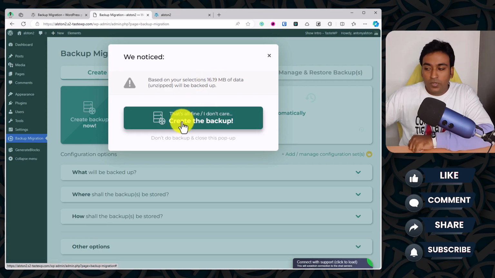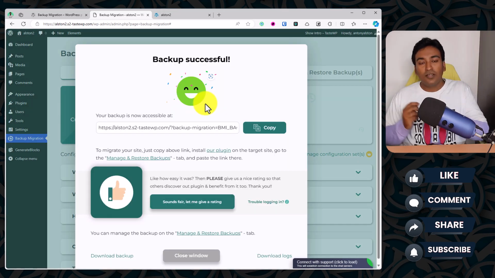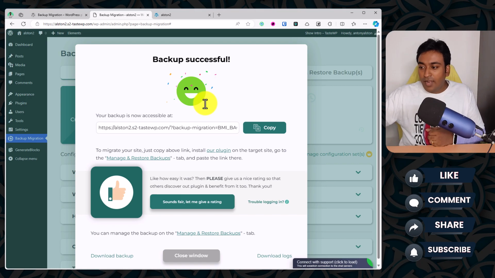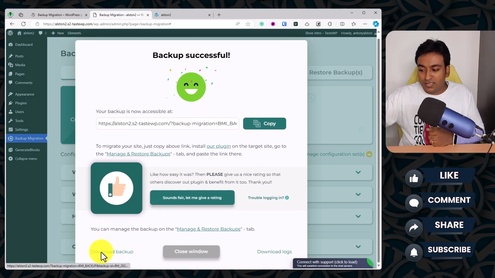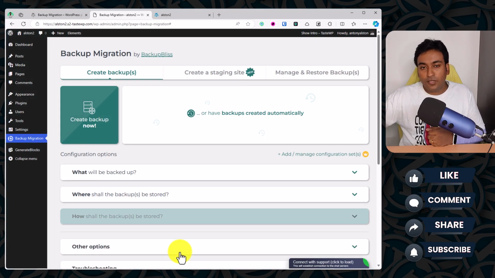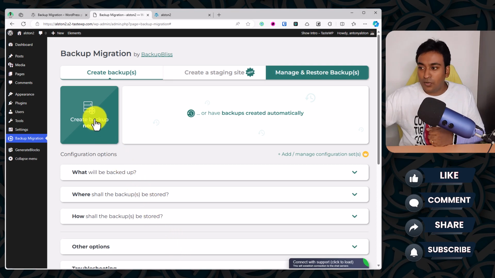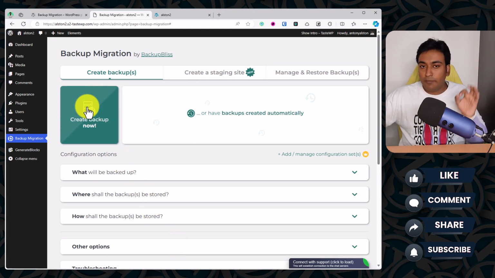All I need to do is click on this big button. Now you can see the backup successful message box is here, and there are a couple of options. You can click on download backup to download it, or just close the window itself, because there are other places you can download it. Now you have created the backup. That is how easy it is to create a backup with this plugin.